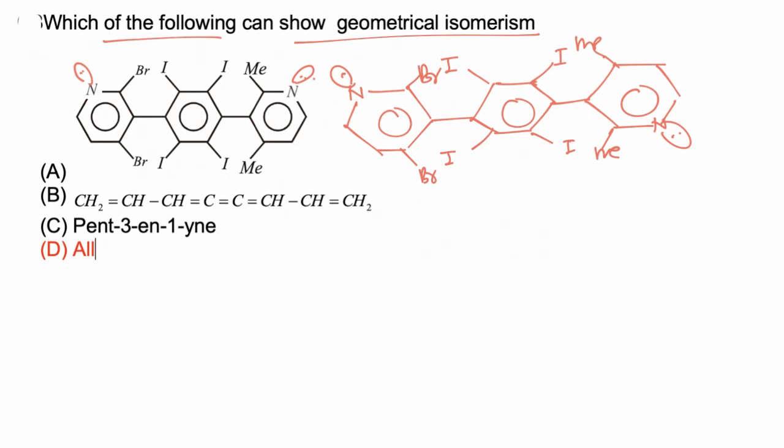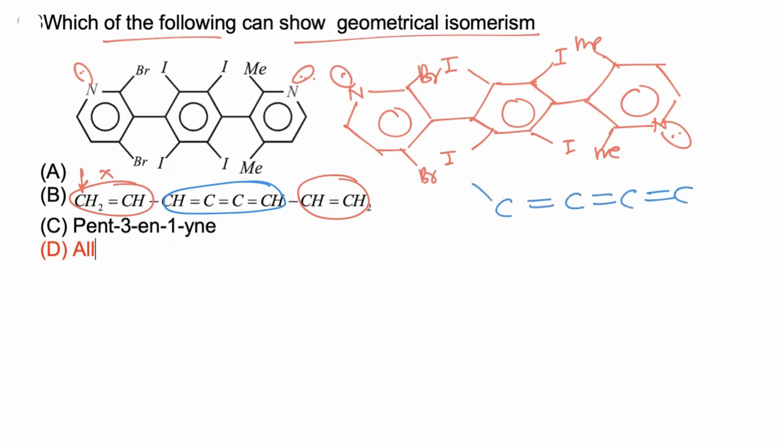Now if we consider example B, it has various multiple bonds, but GI is not observed around this double bond because the groups attached to this carbon are identical. Geometrical isomerism is also not observed around this carbon because these two hydrogen atoms are identical. Now if we consider this allene system, any allene molecule which has an odd number of double bonds and different units on the terminals will show GI. Here 1, 2, 3 multiple bonds are present and the groups attached are H and vinyl, and here also H and vinyl are different, so this molecule will also show GI.